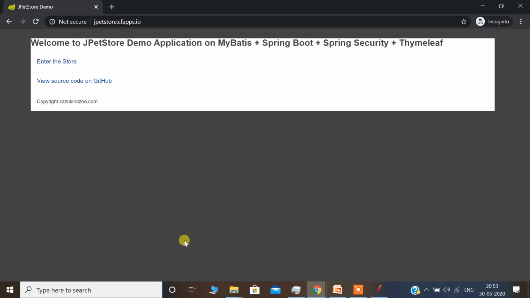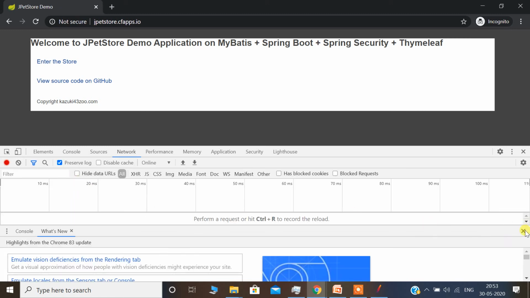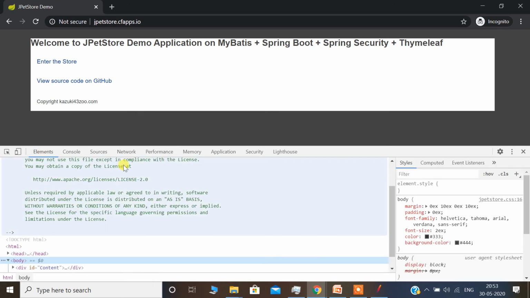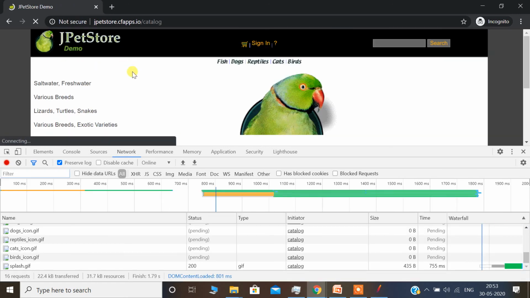Another way to do this is, I pressed F12 on my Chrome browser and selected the network tab. By default it may open the elements, but we need to go to the network tab. Use F12 on the Chrome browser and see this. So launch is complete. Then we selected enter store. Yes.